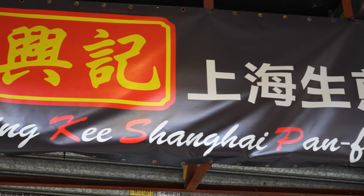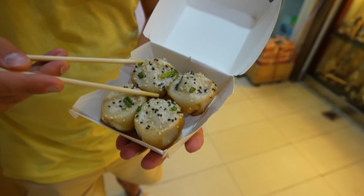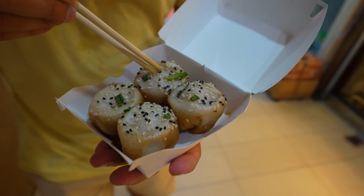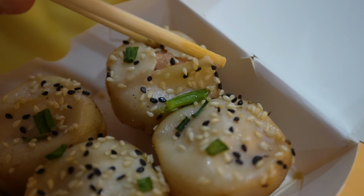Back down at ground level, we've come straight to a famous spot called Chaan Teng. It's recommended by Michelin for their Shanghai-style pan-fried dumplings. I ordered up 4 right here. You can see they've been topped with a little bit of sesame, tiny bit of green onions, and they are scorching, scorching hot. I'm gonna kind of open this guy up because, as you may be able to see, they